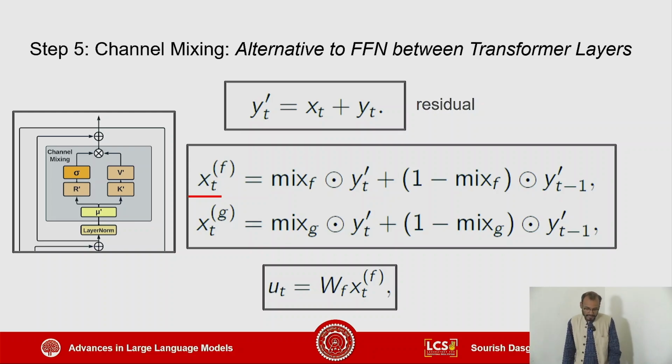So with this XT, you create the final update or the final state using this WF. That's a linear transformation on the XT basically. So think of it like what happens in that FFN. There is one hidden layer, right? You do one linear transformation, expand it in terms of the dimension, then do another linear transformation, contract it, and then send it to the next layer, right? So this is one of those transformations. WF is doing one such transformation.